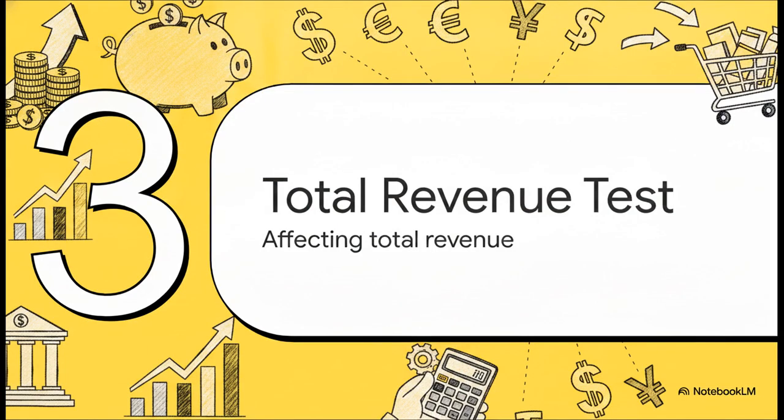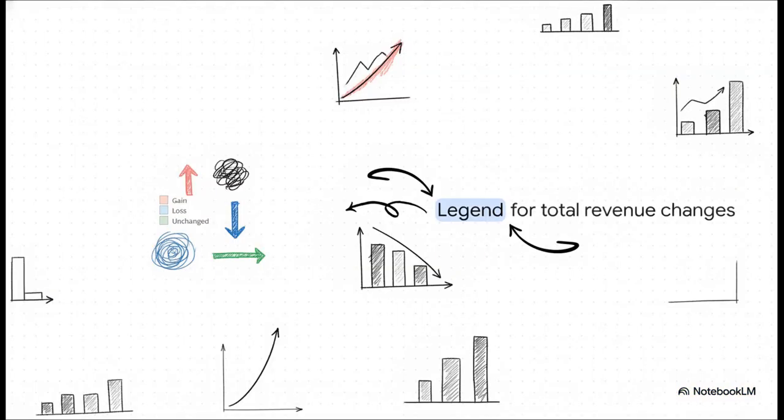Next up is the total revenue test, where we start visualizing the bottom line. Now, how do we translate this abstract number of 2.5 directly into actual impact on your bank account? Because let's face it, knowing your elasticity is only useful if it actually helps you maximize your income. This brings us to the total revenue test. To make this crystal clear, we'll use a super simple color-coded legend to map out our total revenue changes. Pink is going to represent a gain in revenue, blue will be a loss, and green means your revenue is